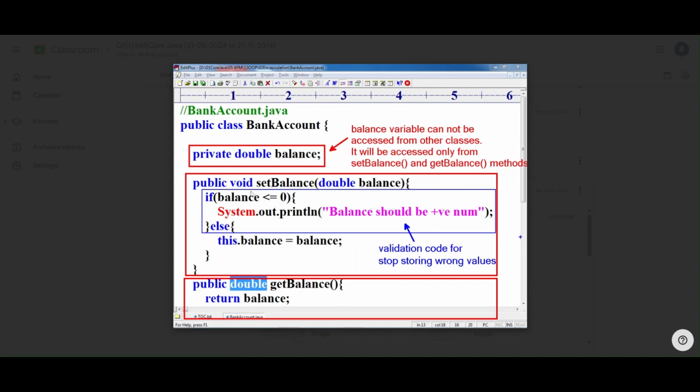If balance is positive, it comes to this balance. Public double getBalance returns balance. This is validation code to stop storing wrong values.